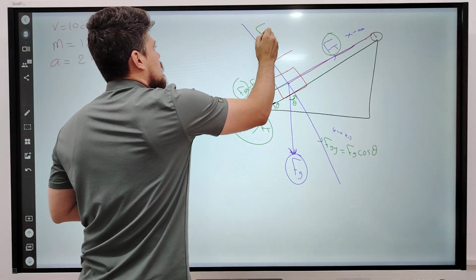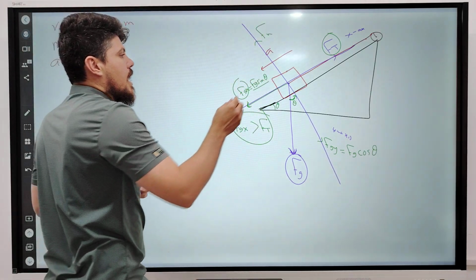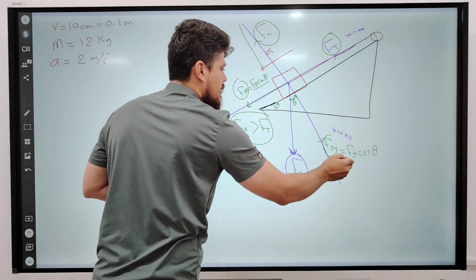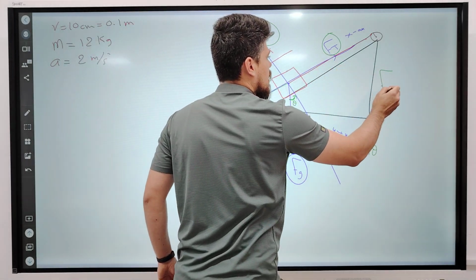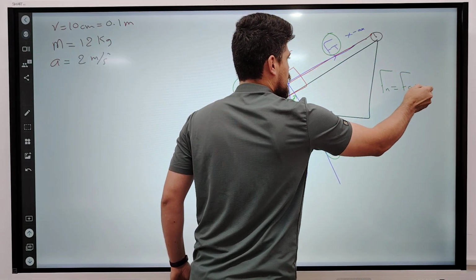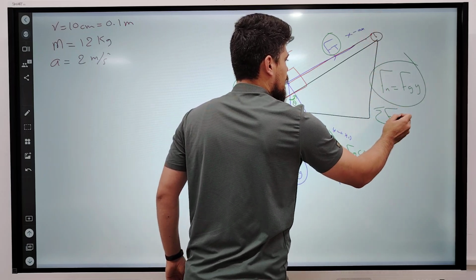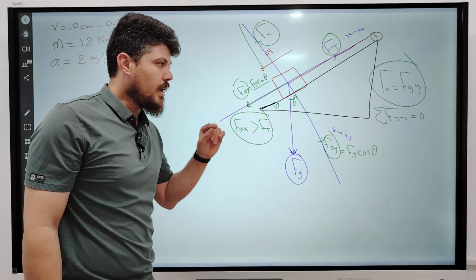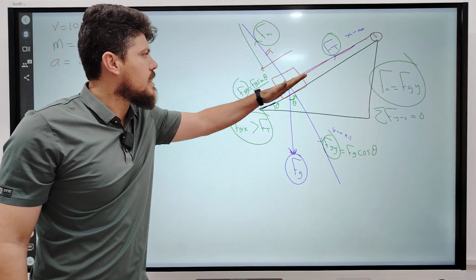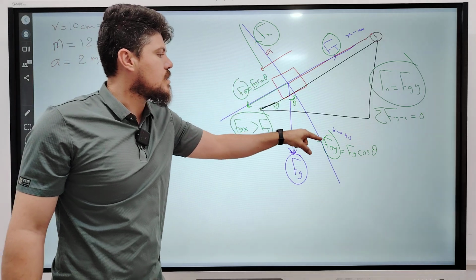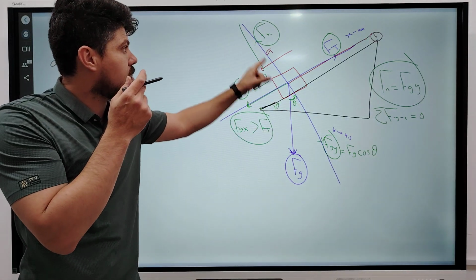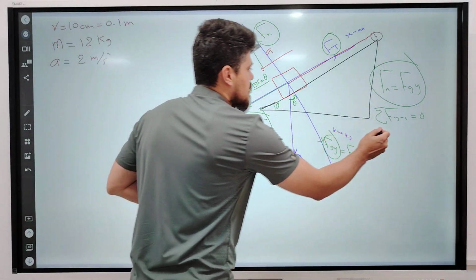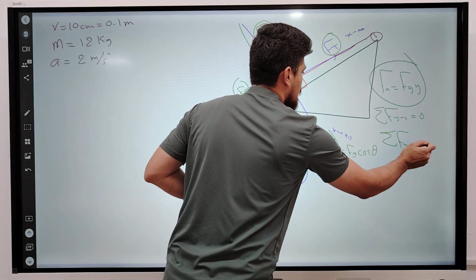Okay? So, what is this? This is the normal force. According to the y-axis, how many forces do we have on the y-axis? Two forces, Fn and Fgy. But these two forces are equal. Fn is equal to Fgy. So, the summation force on the y-axis is equal to what? 0. Because the object doesn't move up and down. Because the object is moving on the surface of the incline, that is why Fn is equal to Fgy, and the net force on the y-axis is equal to what? Is equal to 0. But net force on the x-axis